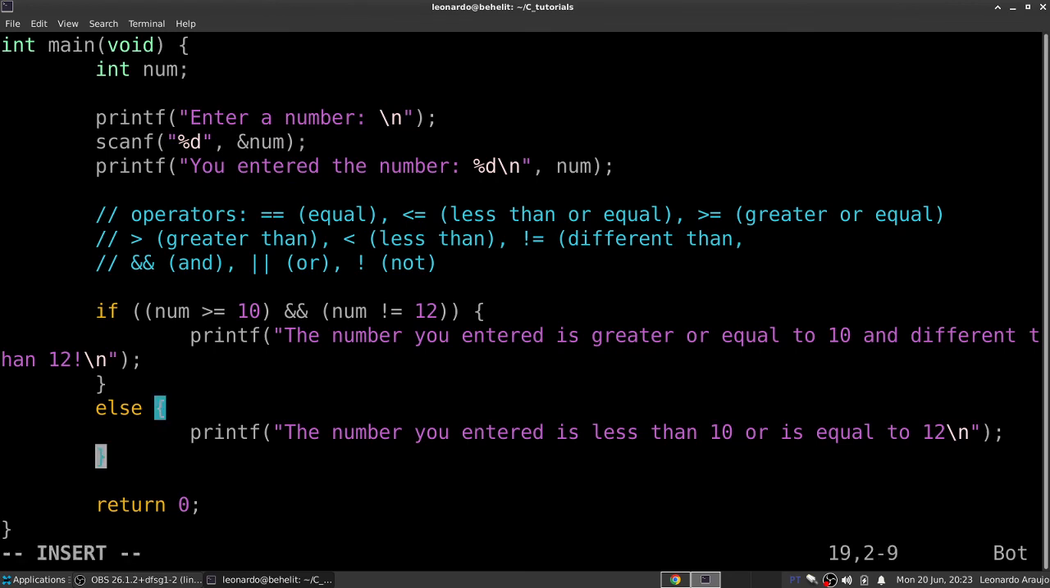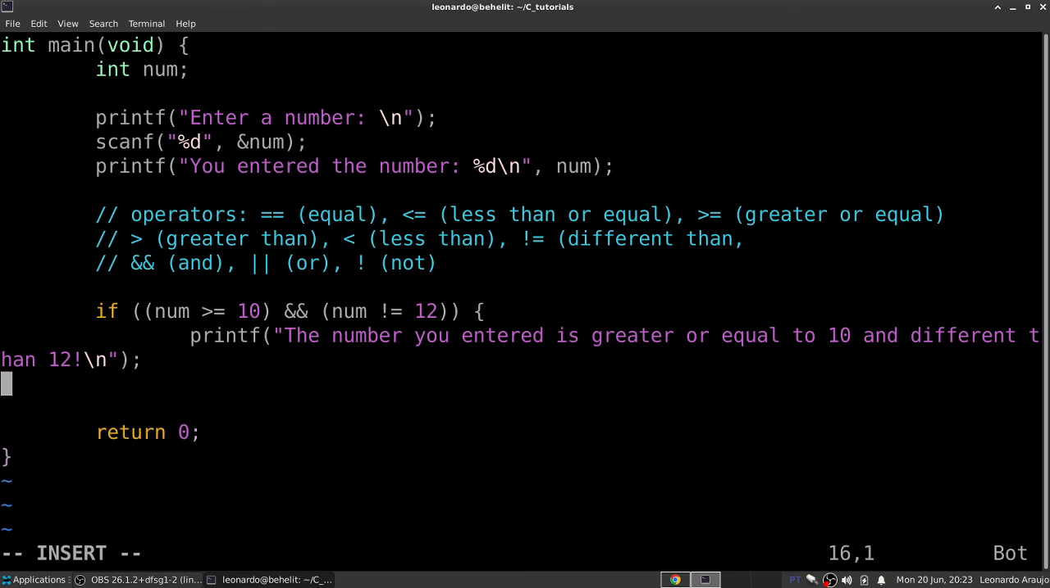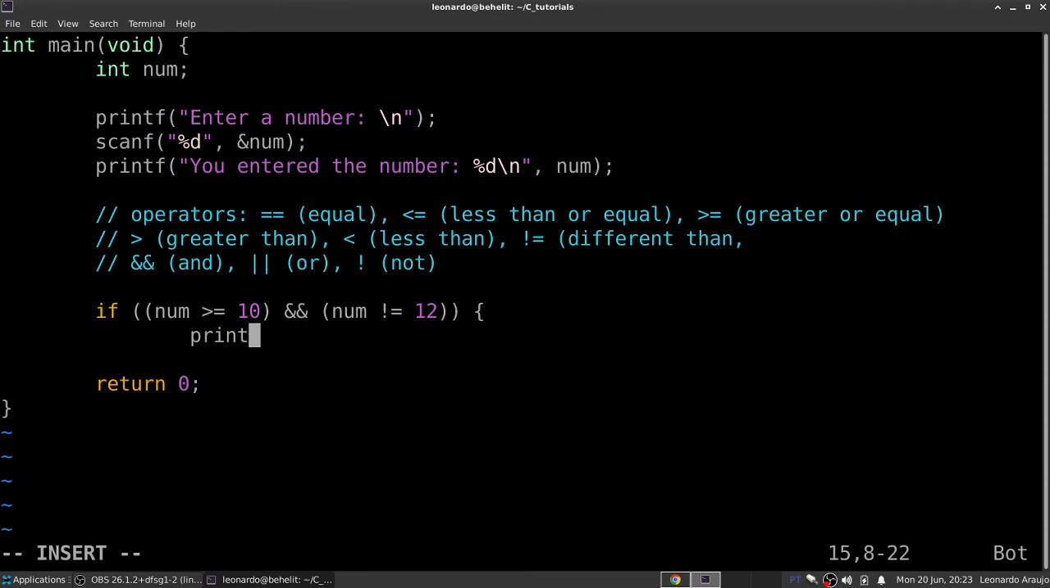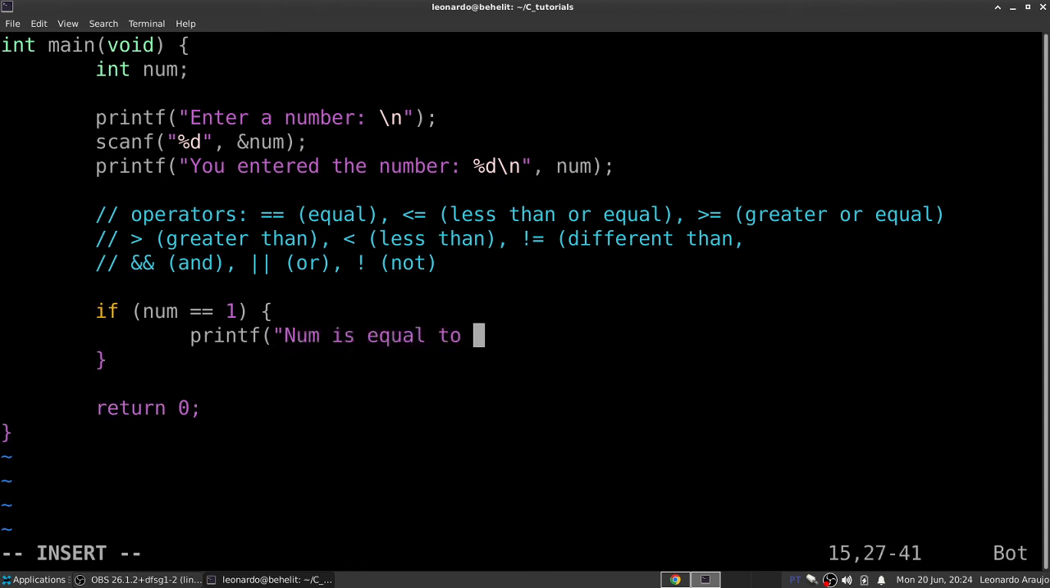So let's make another test here. Let me erase this over here. So in C we can use various if statements one after the others in a way that I will show you right here. So let's make another example here. If num equals to 1, then printf num is equal to 1,